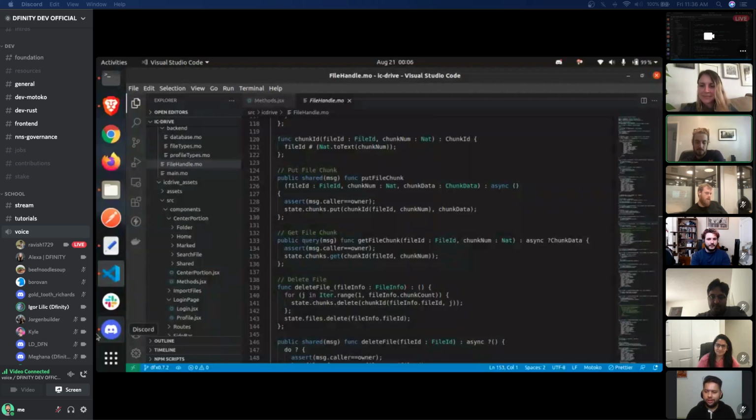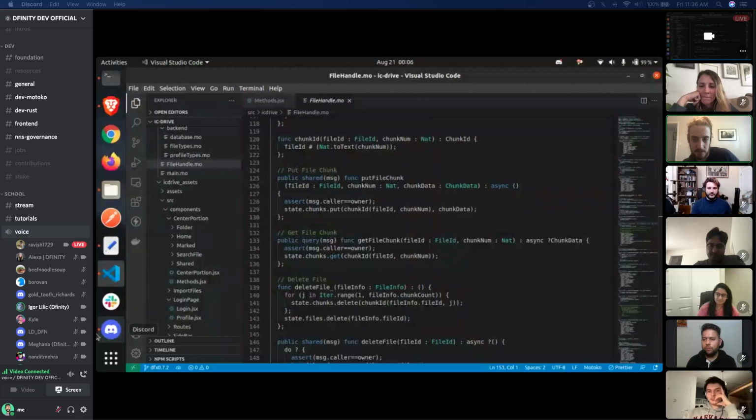Very cool. You did mention you've taken some learnings for your future projects and even IC Drive's future. So what does the future of IC Drive look like from your side? You said you're already talking to some customers and trying to figure out niche use cases. Do you still hope to work on this project, or hope to make it a community project, or what is the plan with respect to development of IC Drive?